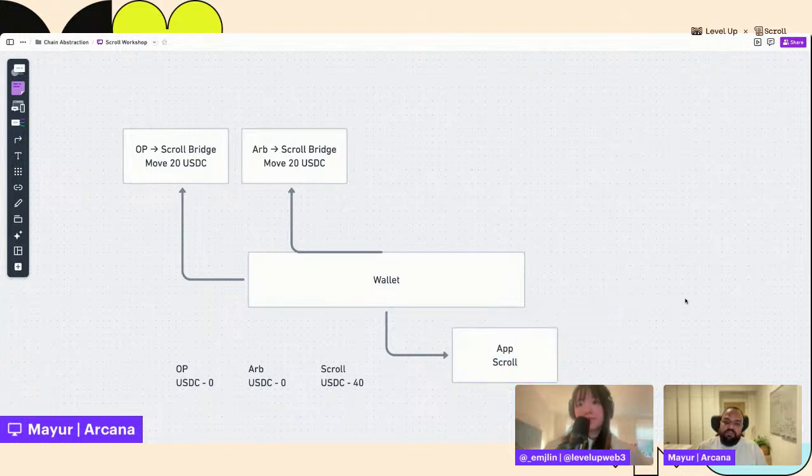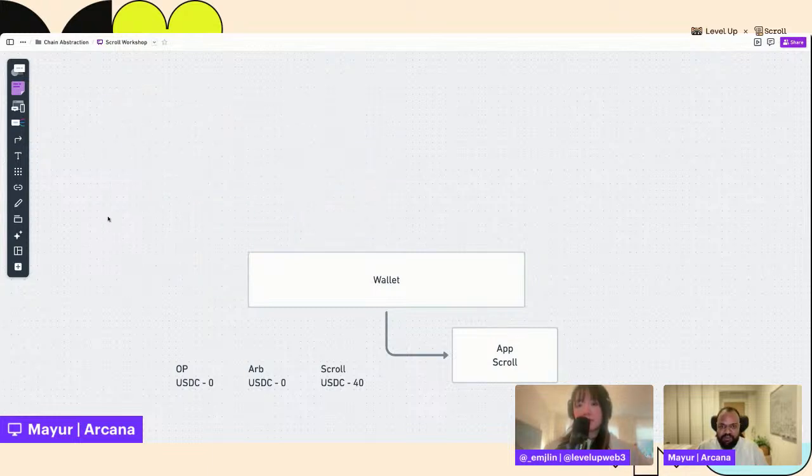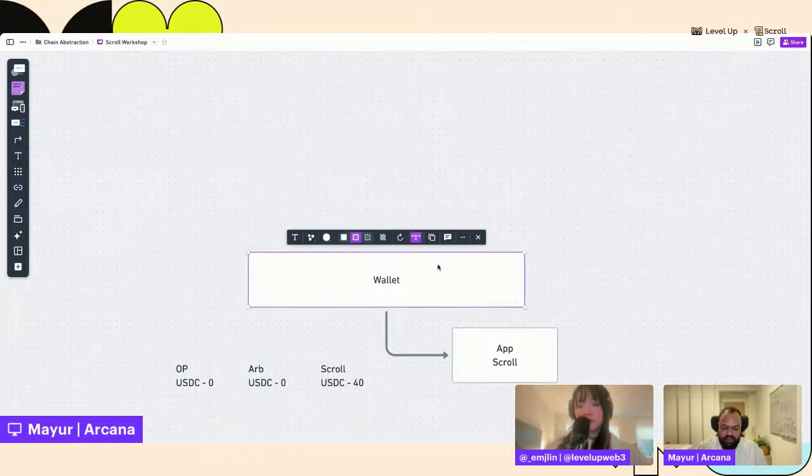Right. So this is the status quo, and the more fragmented my assets are, the more problematic it is. I have to go to more different interfaces, do individual bridge transactions before anything else can happen. Now, this is wholly problematic. So how do we get past this, right? How do you eliminate this manual process of bridging, essentially? So this is where Arcana comes in.